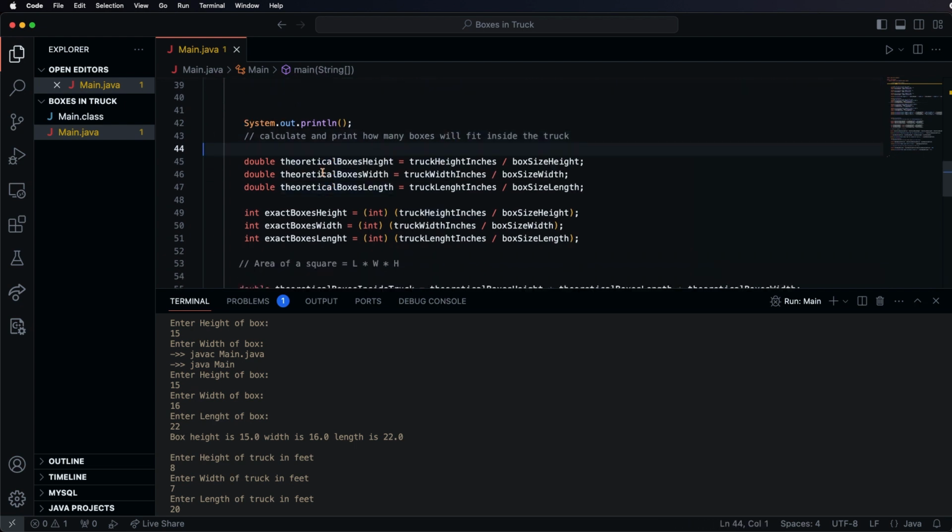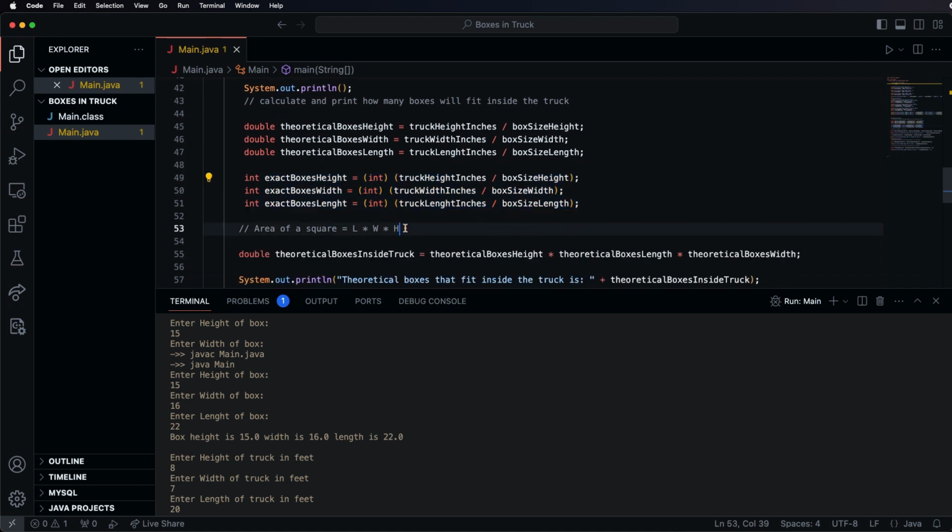How we do that is we first declare these theoretical and the exact. So we have a double theoretical box height, width, and length, and then an int exact box height, width, and length. This gives us the theoretically exact amount of boxes that could fit inside the truck, and this gives us the reality, the actual boxes that would fit inside this truck. So then we use this formula, the area of a square, which is length times width times height. I'm sorry, I don't know why I said area. This is actually the volume